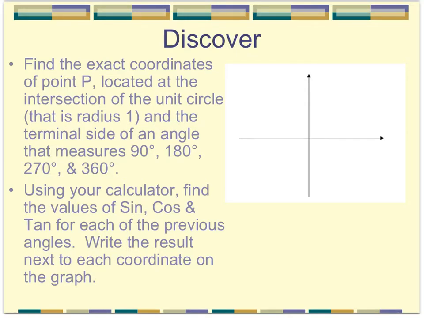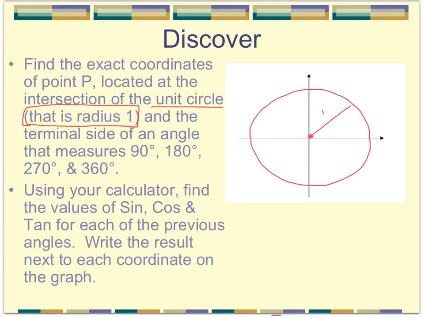Unit circle, biggest idea here, unit circle, all it is is a circle with a radius of 1. And what I want you to find is, if we draw a circle here, and we know, for example, just right here, the radius is going to be 1. And what I'd like for you to do is, without using your calculator, because that's what the second spot is, I want you to think about